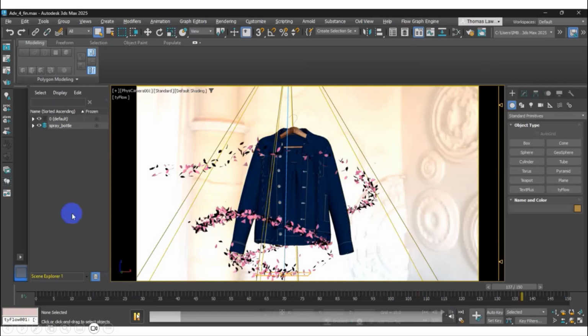Now I'm thinking about how to do the shaking. Should I create the animation one by one? No, because in 3ds Max we have a Twist modifier. What I'm thinking is that we can use the Twist modifier to create the animation frame by frame.